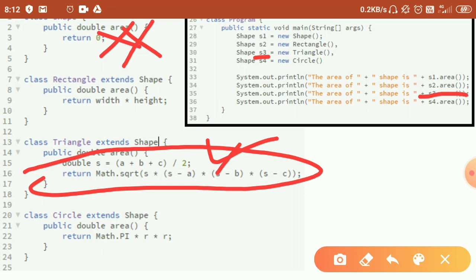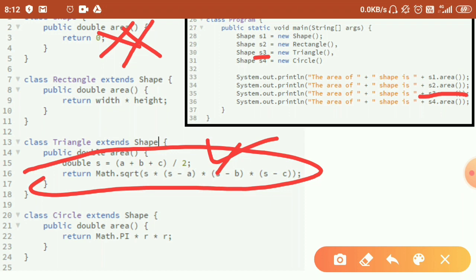So you can see that these different objects S1, S2, S3 and S4, although they are of the type shape, the same kind of object is behaving sometimes as rectangle, sometimes as triangle, and sometimes as circle. This is known as polymorphism, isn't it?